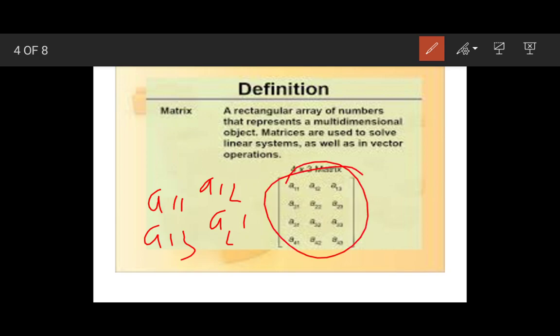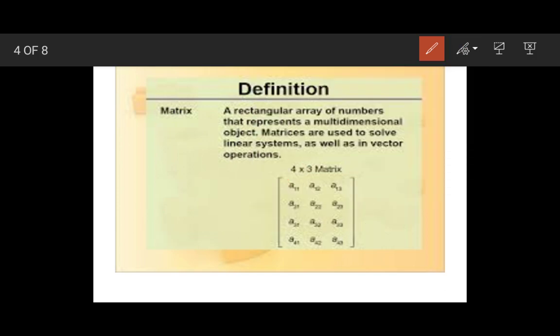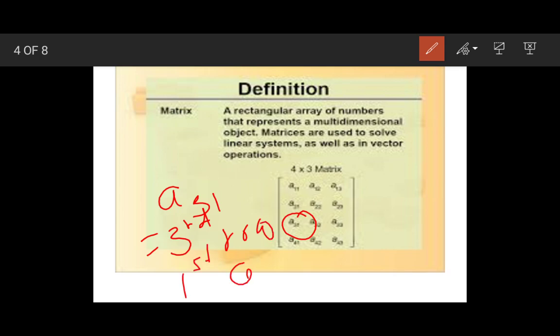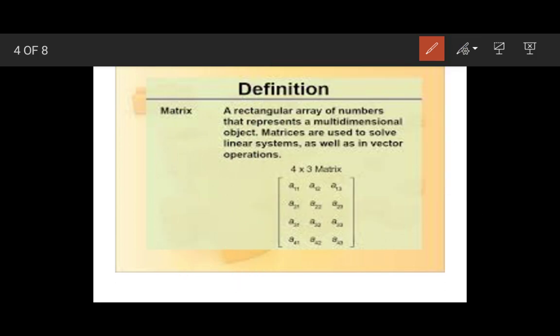All these numbers are elements of matrix A. Then define the position of a31. The position is third row and first column. Now, one more example.